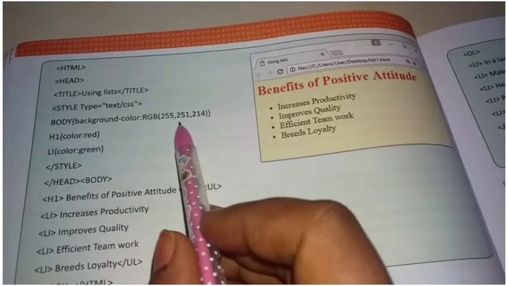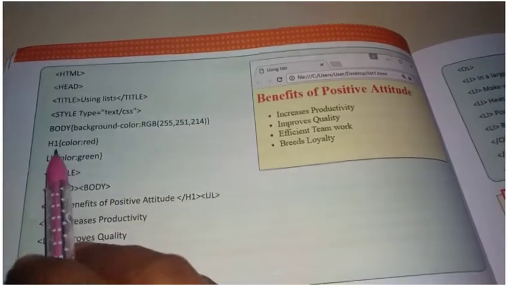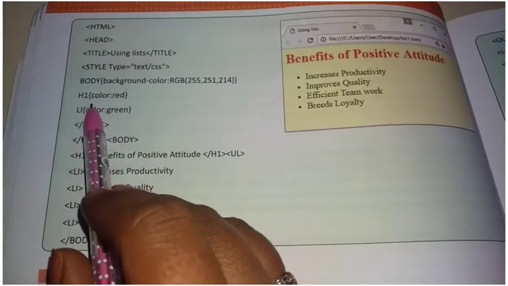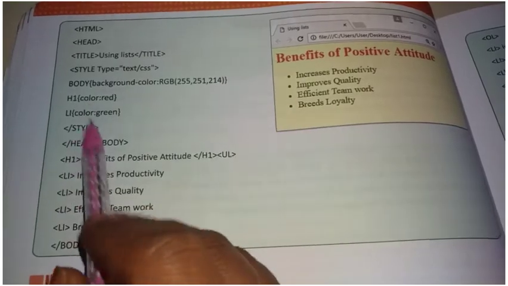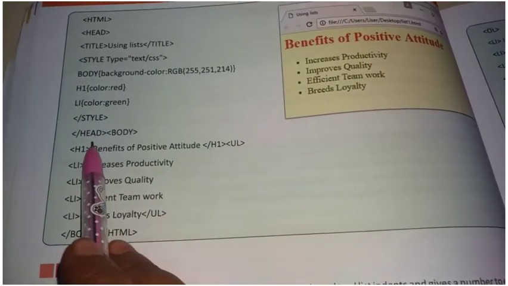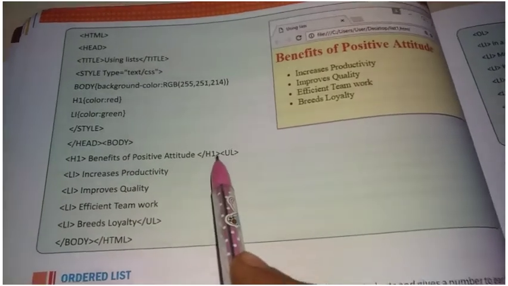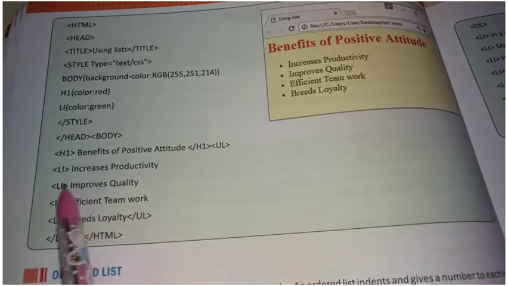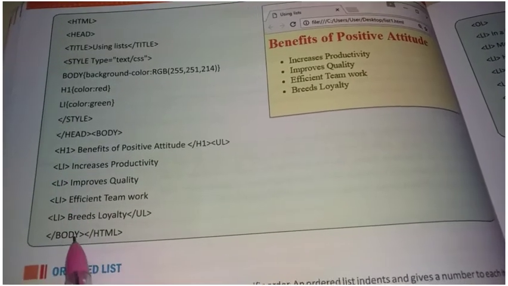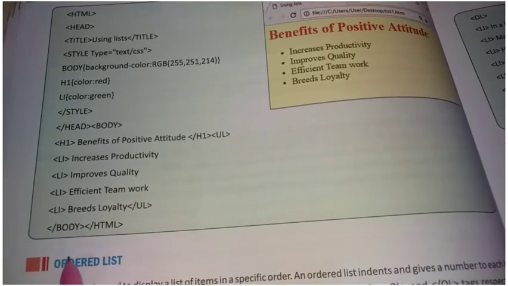Here, instead of writing color names, we can also give values like this, as I said before. H1 color equals red, LI color equals green, close style, close head, open body. And H1, benefits of positive attitude, close H1, open UL. UL means unordered list. So here four different items are there. Close UL, close body, close